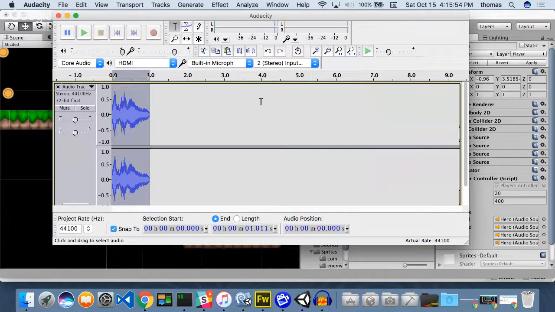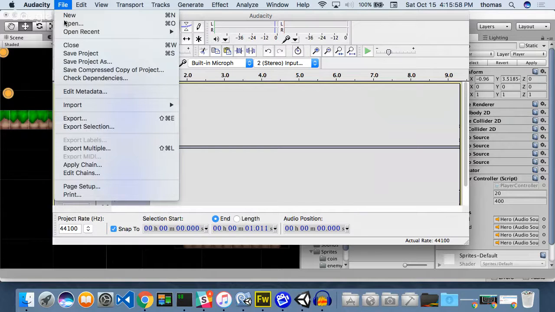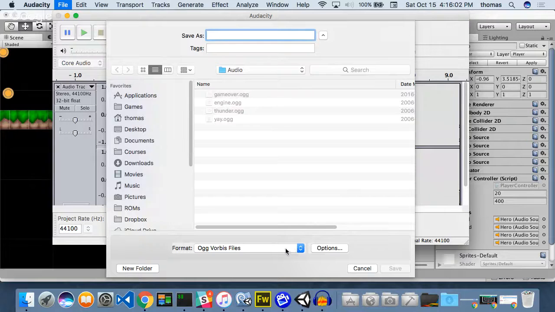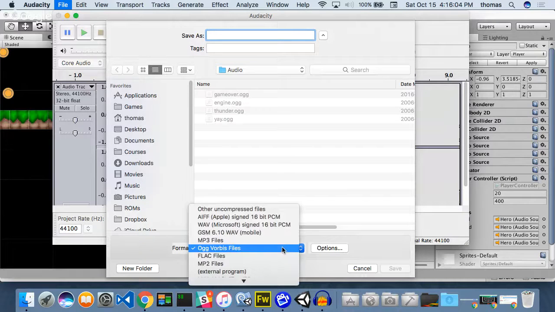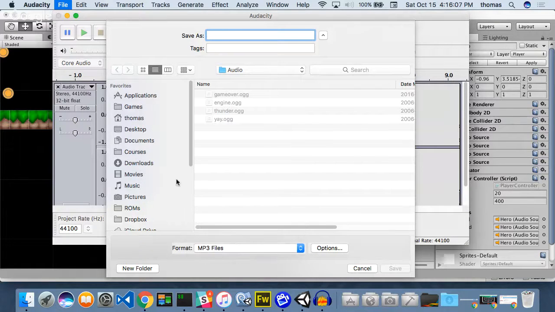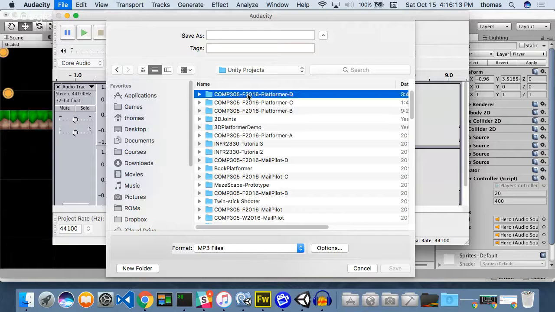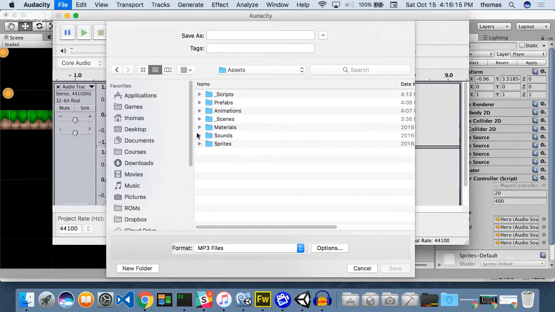Now we have to export it because I want to make it an MP3. So the way to do that, of course, is to go File, Export, and again, you have to make it an MP3. You have to download a plugin for this, right? So I'm going to just choose MP3 files, and I'm going to go to my desktop, go Unity Projects, Platformer D, Assets, and put it inside Sounds. They're all MP3s. I'd save this as something. I'm going to call this like